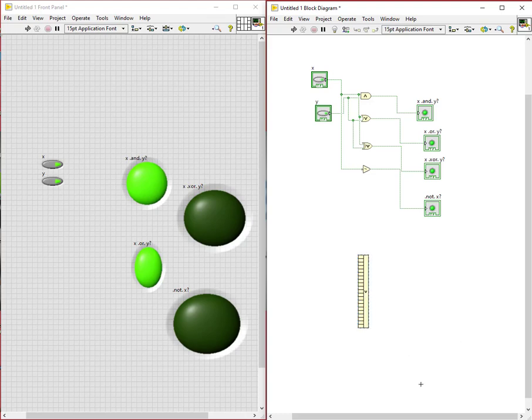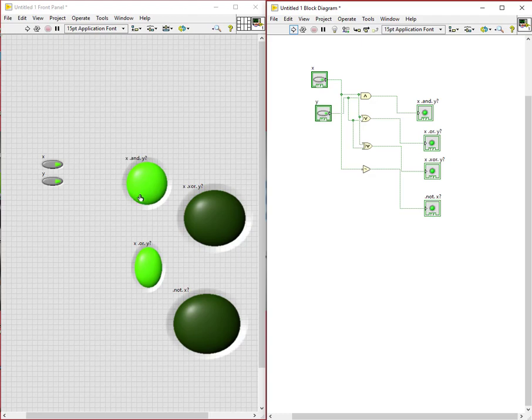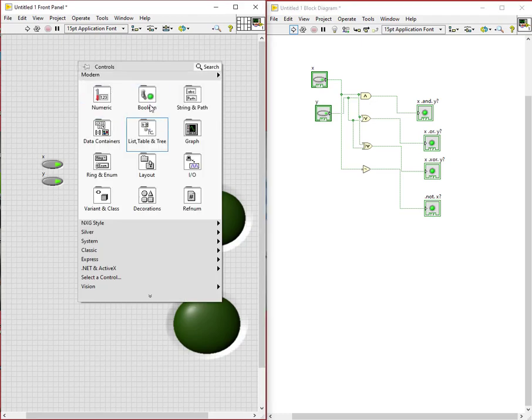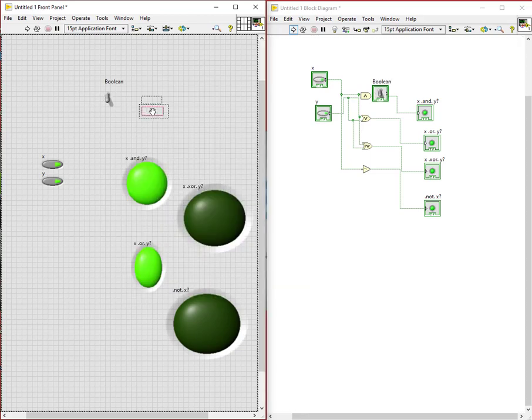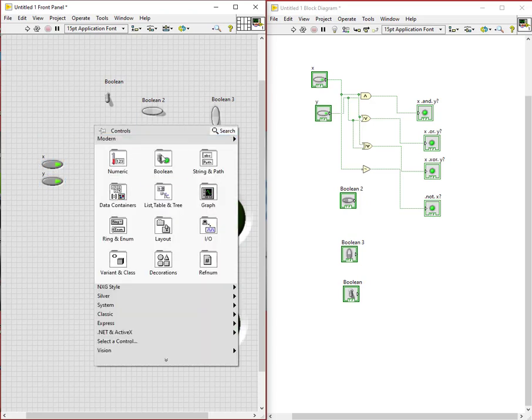I don't use this one because I have already explained these things for you in the front panel also. We have only seen round LEDs and switches, but these things can be replaced with different ones, that is toggle switch, rocker, vertical. I can utilize these switches to switch these things on again. These will be acting the same as this one. I can also take a square LED from this one.